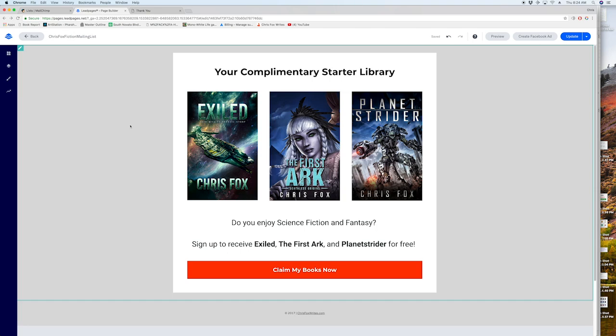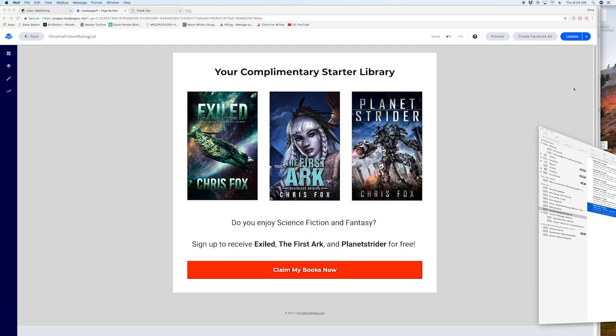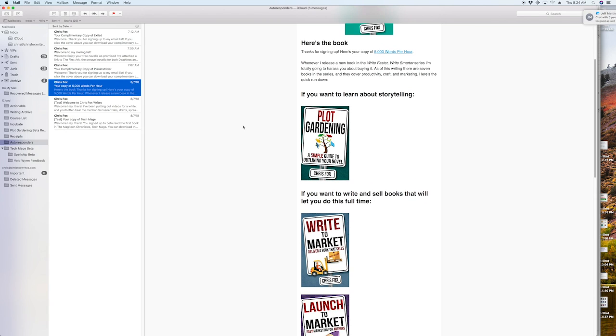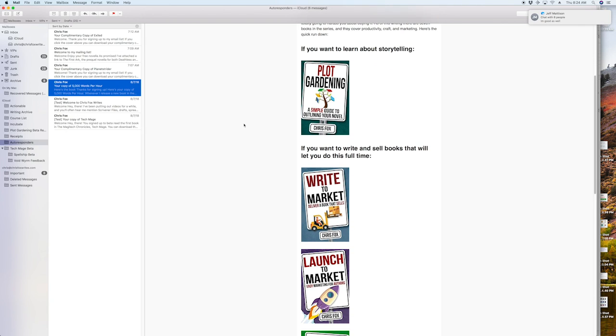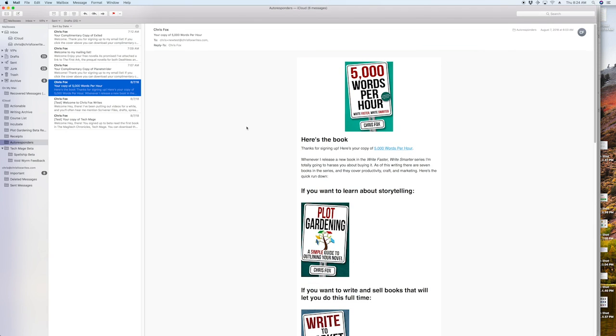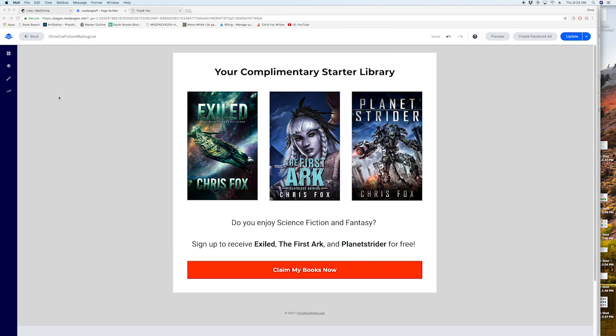The last piece, which I'll have to do for next week, is to build the email that I'm going to send out to people that's just going to give them these 3 books. It'll look very similar to this, but for fiction. I'm going to walk them through the various series that I have and let them know, hey, these are the various things that I write and what you can read. And I'm going to finish the Autoresponder Sequences so that that particular list will be done for next week.